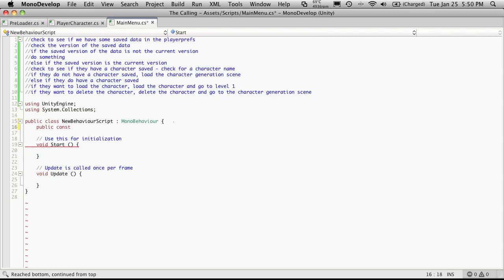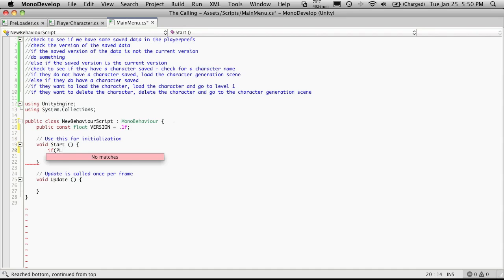And I'm going to make mine a float. And I'm just going to call it version. And I'm just going to start off at 0.1. And don't forget the F for float. And I'm going to go down to my start function. Now the start function is where I'm actually going to start checking. And the first thing I want to check is to see if I have